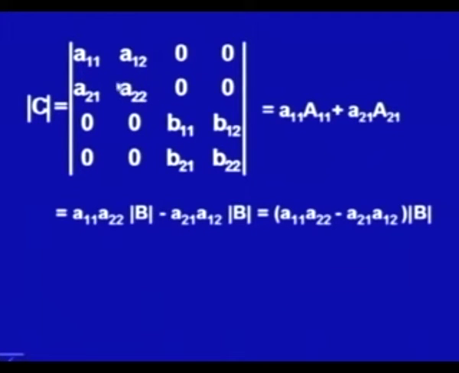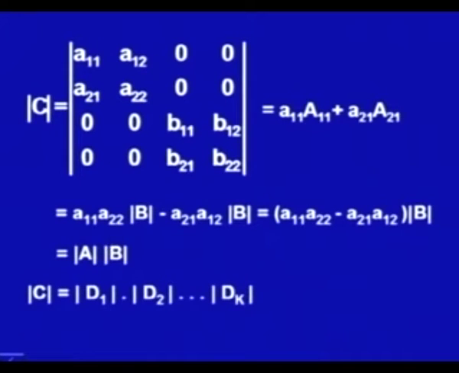Let us see, if we calculate the cofactor of A21, then this row and this column have to be deleted. So, the submatrix will have A12 0 0, 0 B11 B12, 0 B21 B22, and again by cofactor expansion this will come out to be A21 A12 determinant B. So, determinant B is common in both the terms. So, B can be taken out and what we have is A11 A22 minus A21 A12. What is this? This is nothing but the determinant of A matrix, A11 A22 minus A12 A21, that is nothing but determinant A multiplied by determinant B.